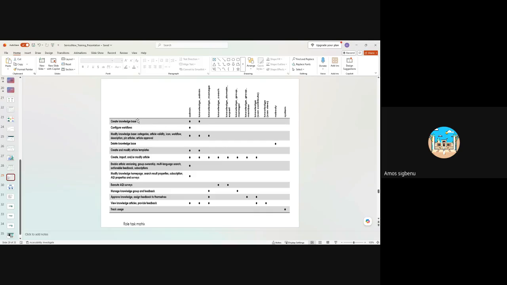A knowledge base is different from a knowledge article. Sorry, I'm also going to show that a knowledge base is different from a knowledge article. So the article, you can create it under a knowledge base, right? You can create that under a knowledge base. So basically,